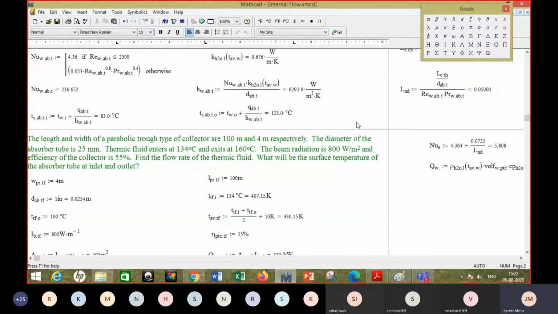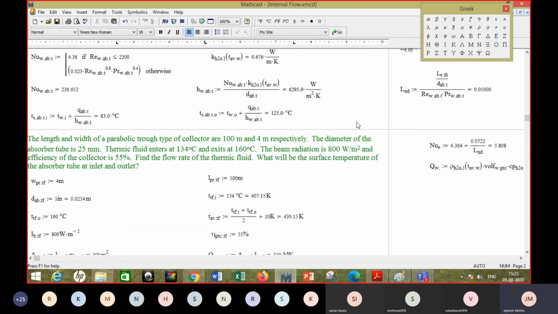So assume that throughout the length of the tube, the flow is thermally fully developed, and the difference between the surface temperature and the fluid temperature remains constant, the constant heat flux boundary condition which we just discussed, right? So in this case, we are interested in the surface temperature. Actually, the losses from a solar collector depend upon the surface temperature of the absorber surface, right? So that's why this calculation may be important.